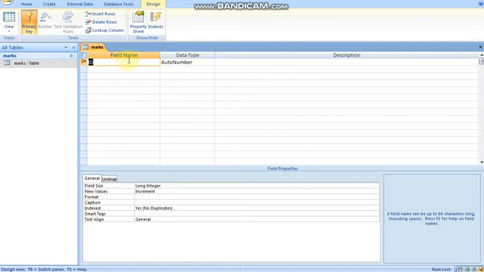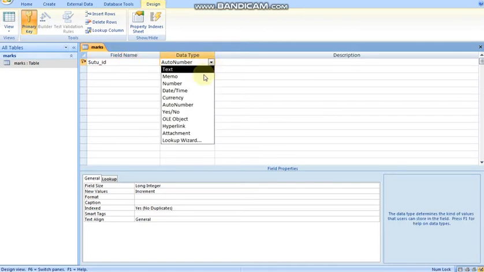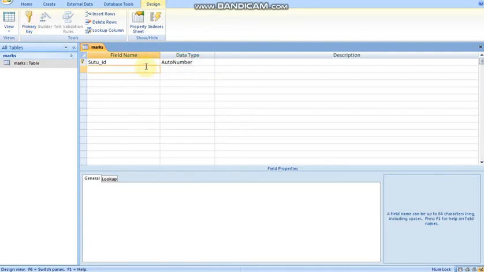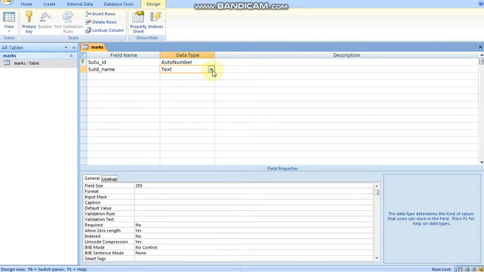So for marks, first of all write student id, the student whose marks these are, and then select maybe auto number, but whatever you want. I want auto number. Then type stud name for student name, obviously in text form.